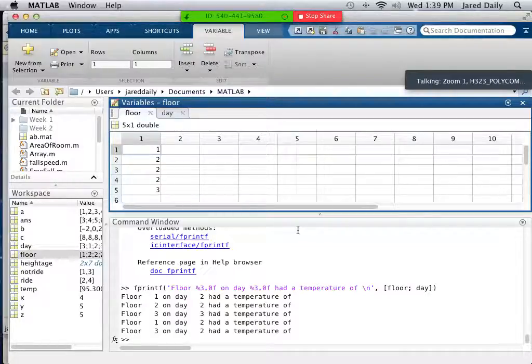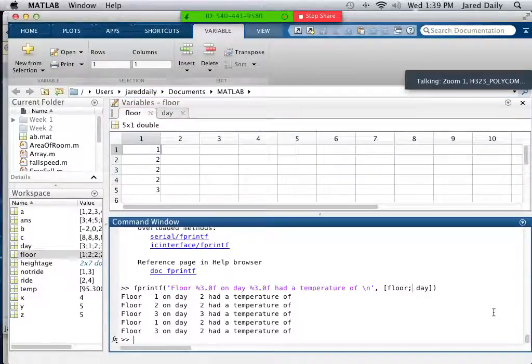So what we got here is I'm looking to get floor 1 here, and then floor 2, and then floor 2, and then 2, and then 3, just like I've got it up here. But what I've got is 1, 2, 2, 2, 3. So I put it in incorrectly in this array over here,